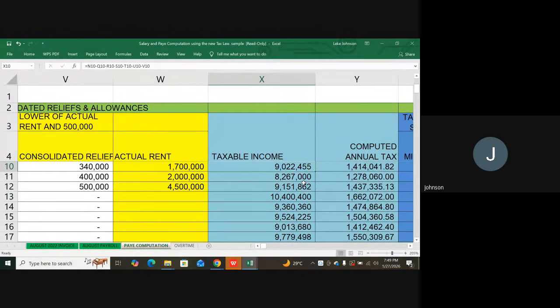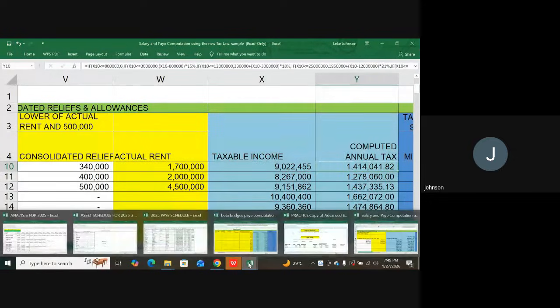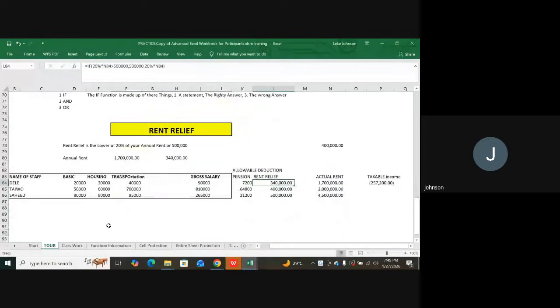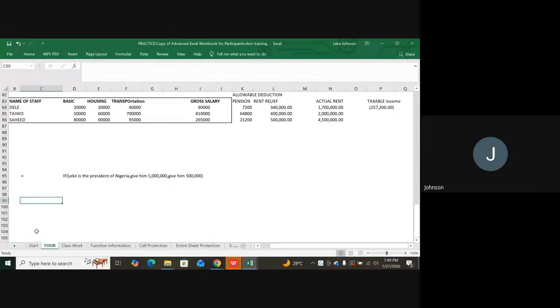So now the tax table, let's check it. How do we do the tax table? If you want to write, you can write the tax table. The first 800,000 is at 0%. Let's write it down. After you've gotten your taxable income, this taxable income is what you start subjecting to the tax table. So the tax table is saying, out of your taxable income,